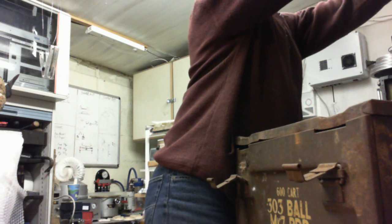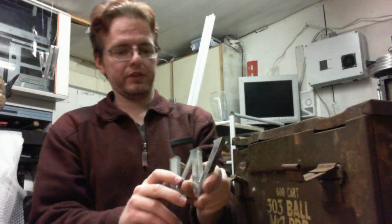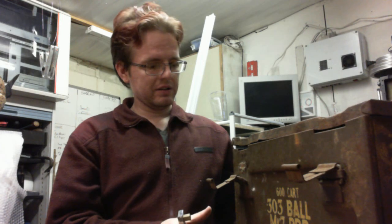But basically up here there's one of them. There's a giant chrome W. That's obviously not what I'll be using, but I thought, since it doesn't apparently have very much integral value,